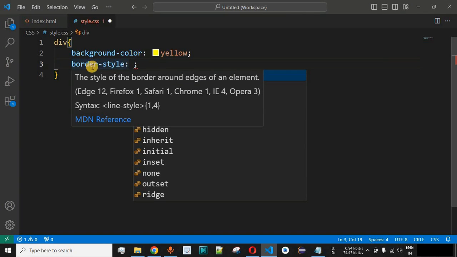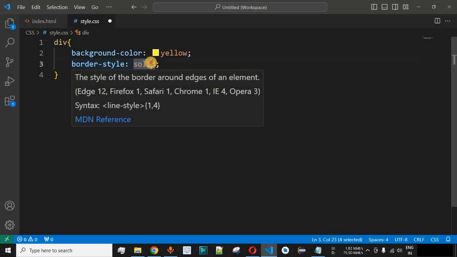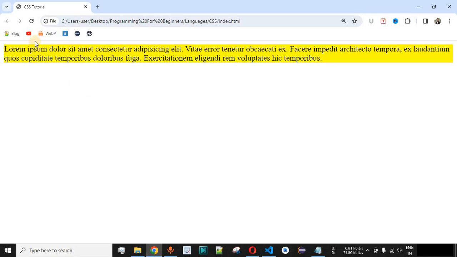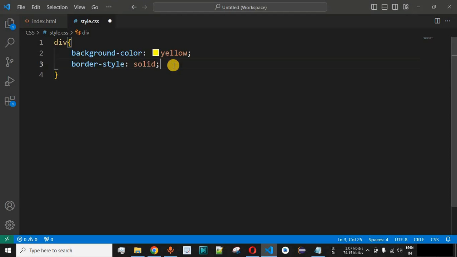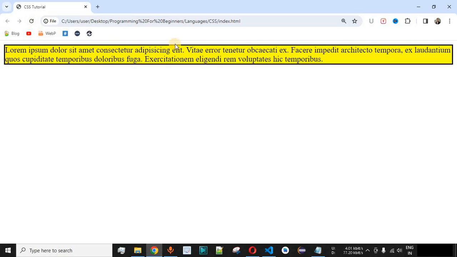So in this example, we are going to simply provide the border style which will be applicable to all the 4 sides, and in this case we are going to provide the solid border style. So guys, basically this is a very simple border style that we can use in order to provide the border to the div element over here. Let me save this file and try reloading this page once again on the browser. As you can see, the border for the div element is displayed over here, and by default the color of the border is black and a specific border width is given to the div element.